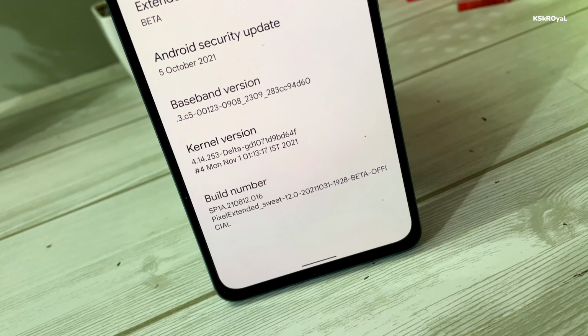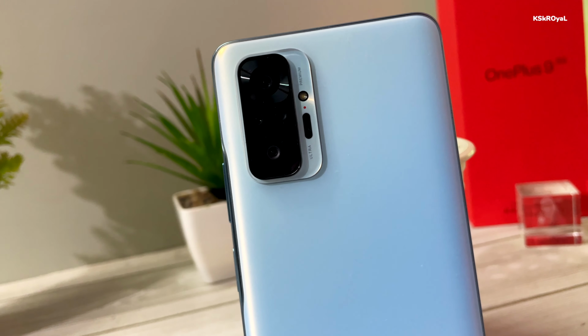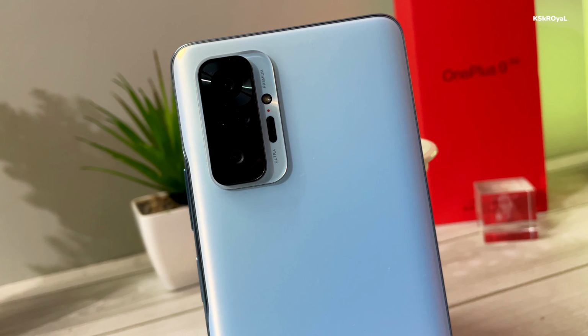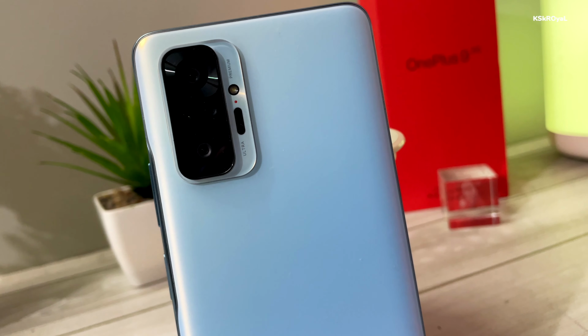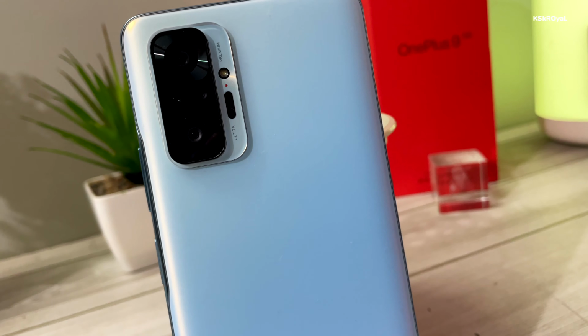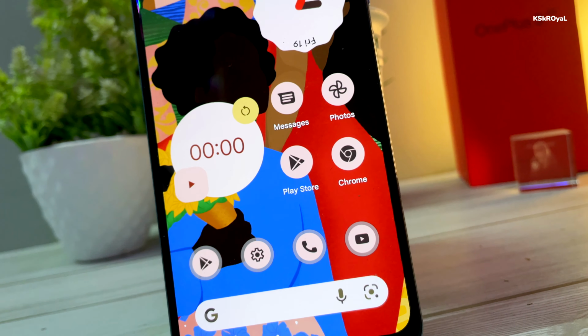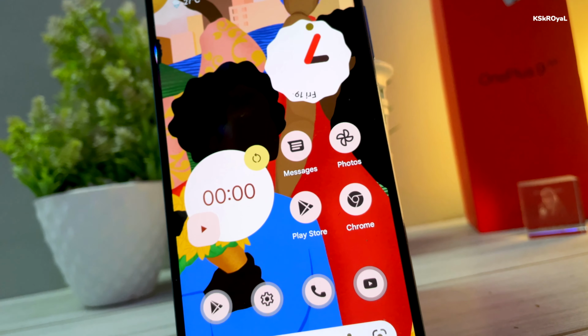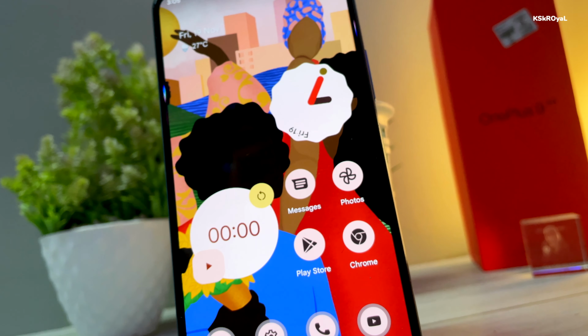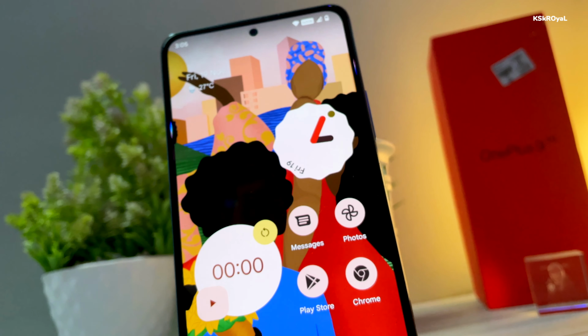The Redmi Note 10 Pro is one of the best Android smartphones, open to unlimited possibilities that let you try or install a customized version of Android. This is a Pixel Extended ROM based on Android 12, which transforms your Redmi Note 10 Pro into a Pixel 6. Hey guys, my name is KS Kiral.